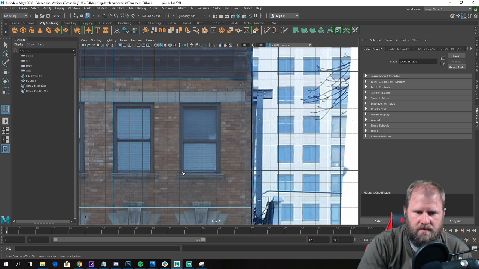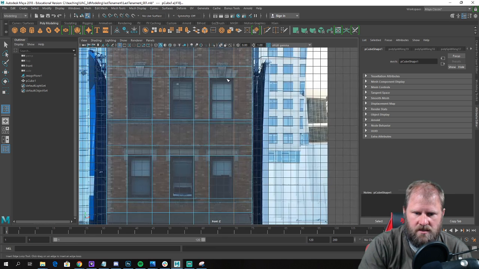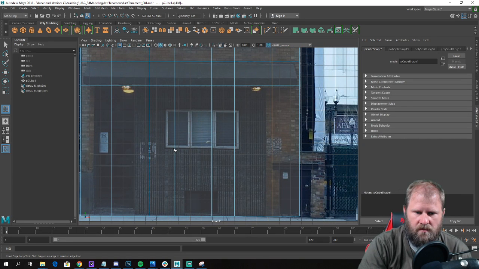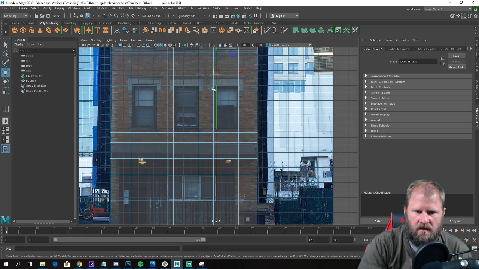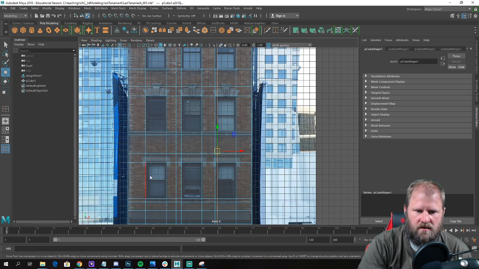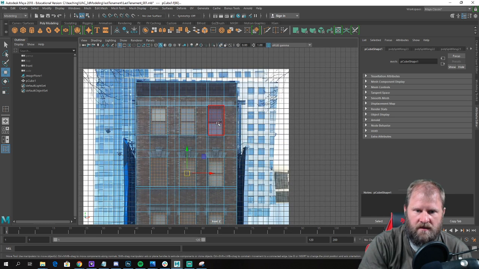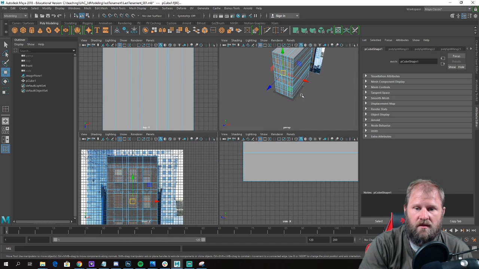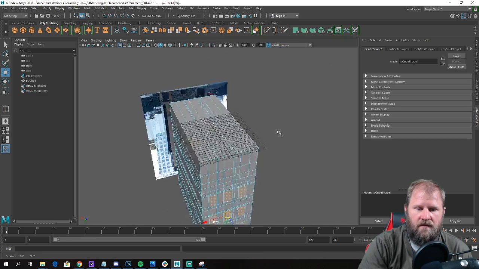I'm gonna grab some textures and start putting some textures in just to see how fast I can start blocking it out. Give you a good idea of maybe some different options for approaching it. So these are getting a little bit too busy for my liking. It's kind of starting to scare me. But these windows, select them all in. This'll actually start making my building look like a building right off the bat here, because